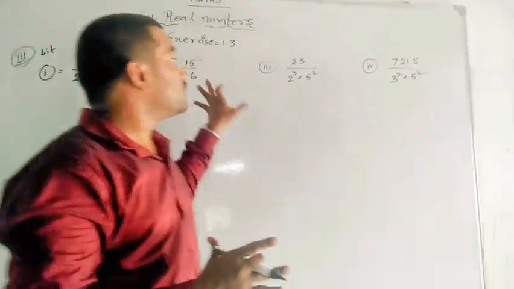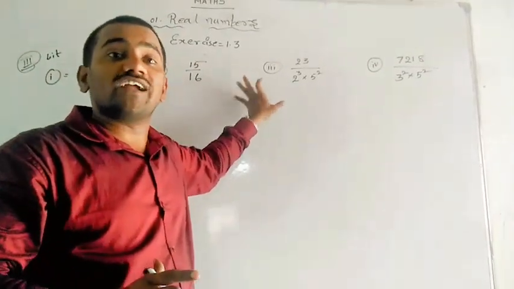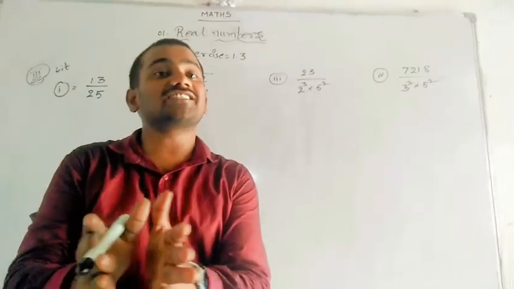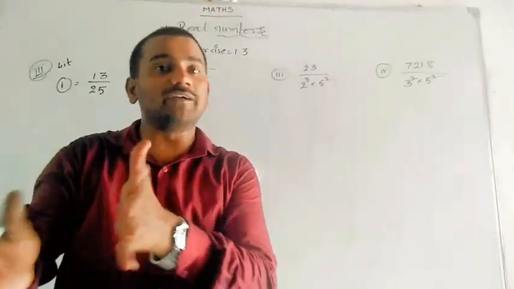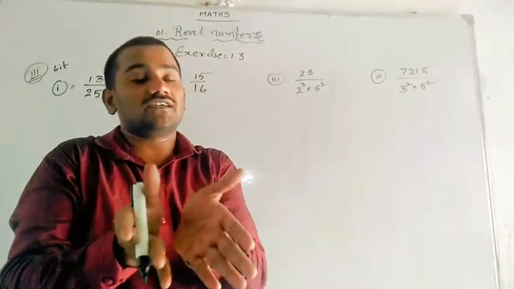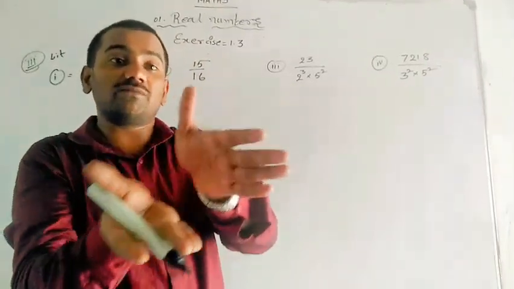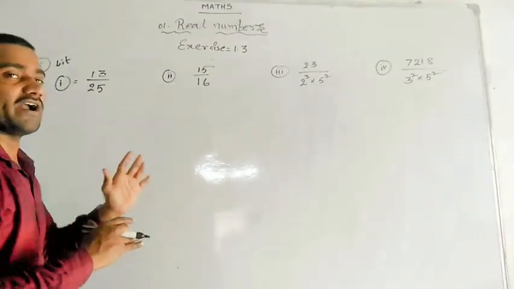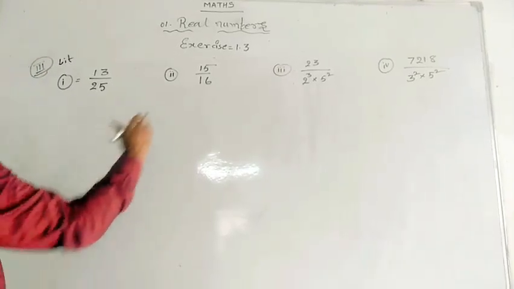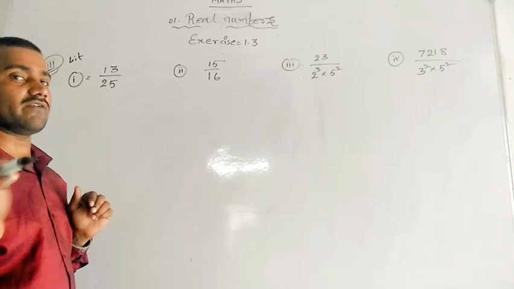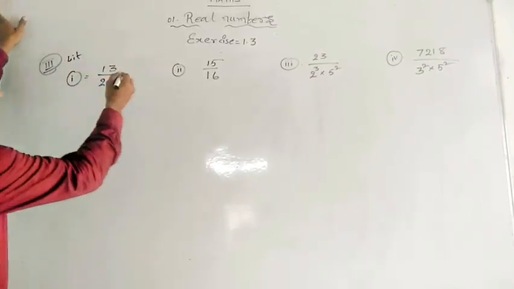So here, by using the theorem, we have to write the decimal expansion of these fractions, as we have done in the same exercise, first bit. In the first bit, how I solved that and how I expressed the fraction in decimal form, in the same way we are going to do it here by using the theorem. Yes, using theorem number 1.3 or 1.4 actually. By printing mistake, 1.1 came in the textbook, that you change to 1.3 or 1.4. Actually 1.4. So let's see that.